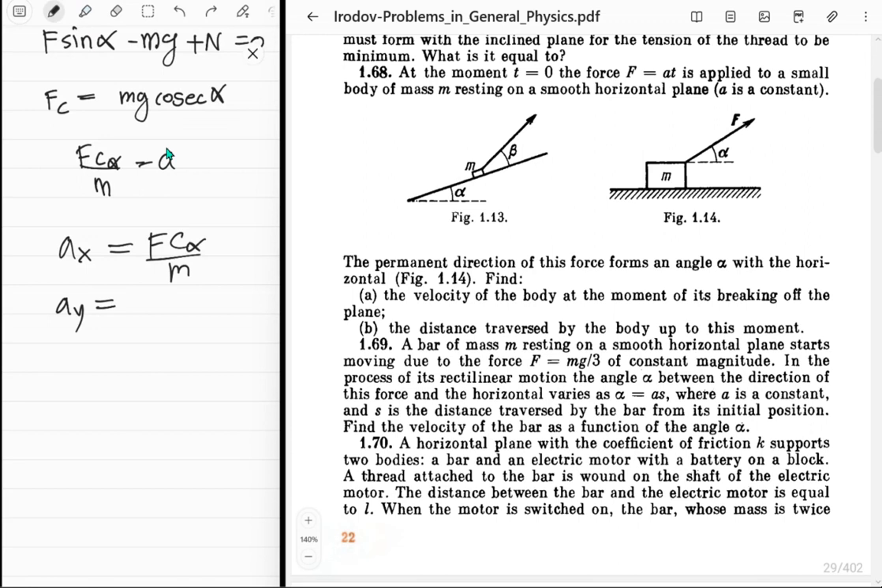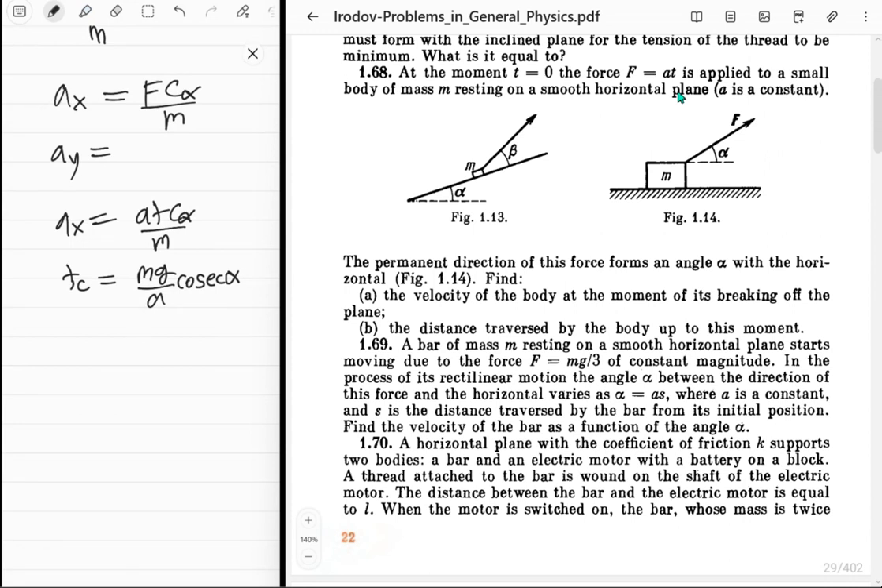What time would that be? So force varies with time, right? Where was it? 68, sorry. F is equal to a t, put that in there. So acceleration in the x direction is going to be a times t cosine alpha upon m, and then the t critical, that will be, so that's a right there, mg upon a cosec alpha, right? Cool. So displacement is just half a t square, so half times this quantity,